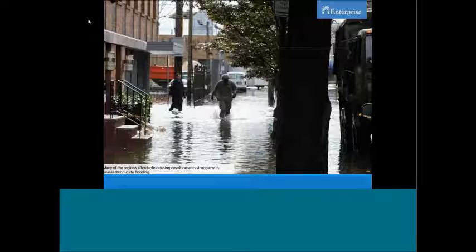We know that affordable housing is disparately impacted by floods and extreme weather events. Low-income households have a lot more at stake because they've got a lot less resources to support their recovery. Social services go down. There's less money coming in to support them, and frankly, we have seen disproportionate impacts across the board. There's a lot of work being done to understand how to support low-income communities, but you all are protecting the homes of some of the most vulnerable residents in the country. So it is really critical that you have a plan in place as both their landlord and their